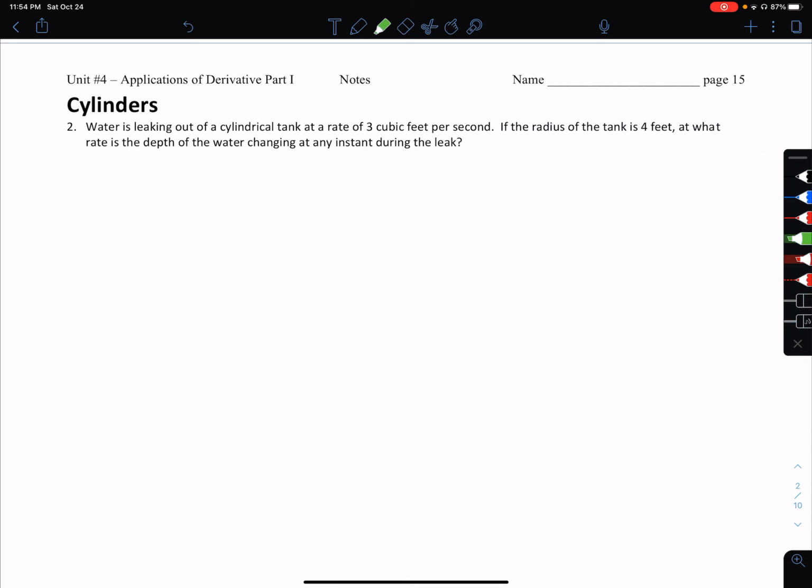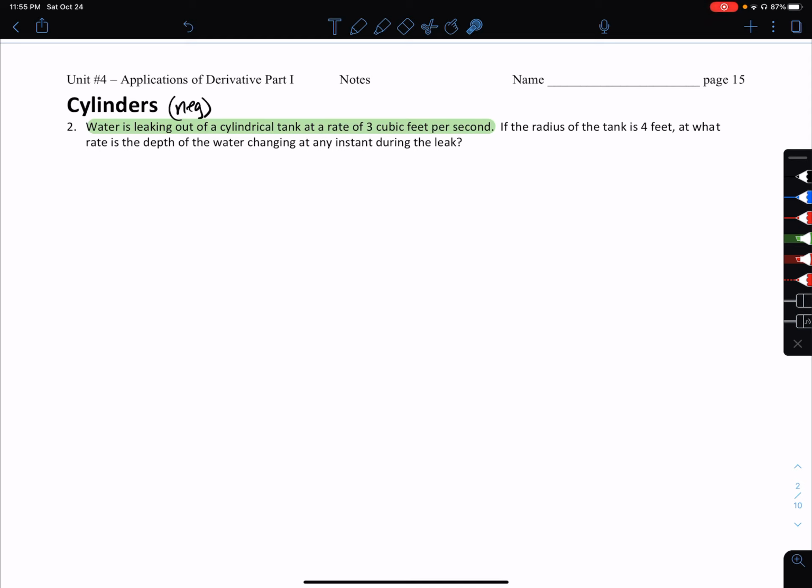Water is leaking out of a cylindrical tank at a rate of 3 cubic feet per second. Super important, leaking out means we're talking about something that's negative. Just going to put that there for emphasis. If I want to change this to a rate,